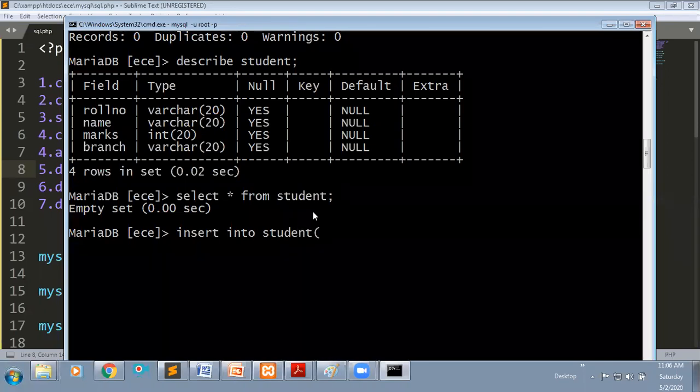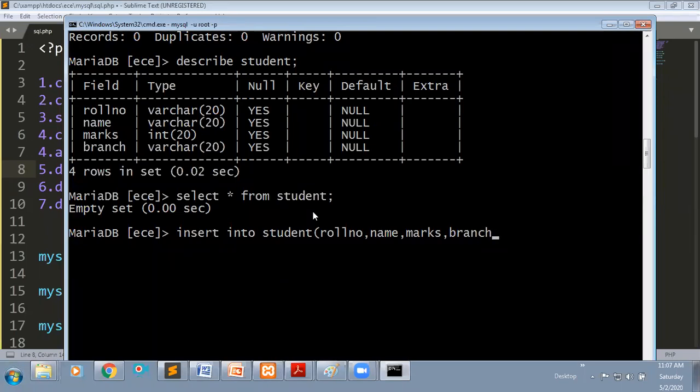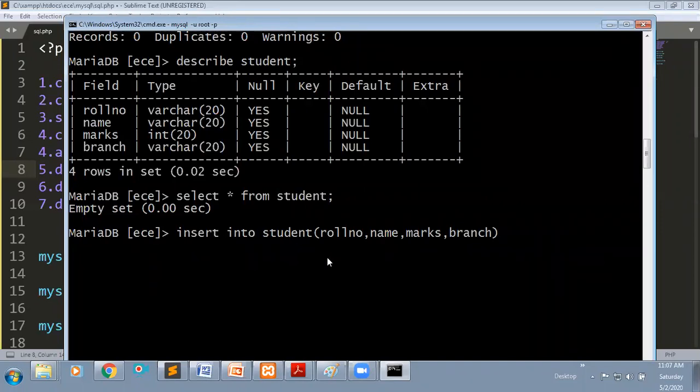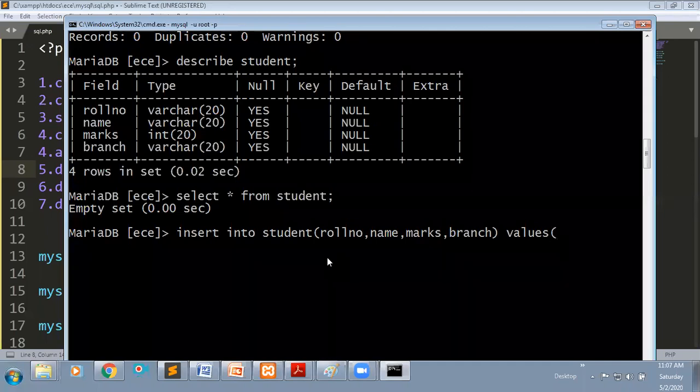Then the columns roll number, name, marks, and branch, which are the columns present within student. I'm going to insert values. You need to give the syntax as values. If it is a varchar, you need to give it